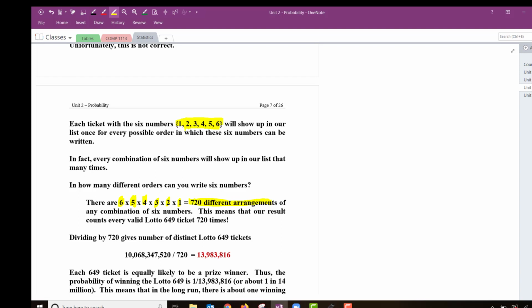In our example for the 649, we had 10 billion permutations, but we were counting each group of 6 720 times, so I'm going to divide it by 720 and get a more reasonable answer there of roughly 14 million. The probability of winning on the 649 then is you buy 1 ticket, you have 6 numbers out of 14